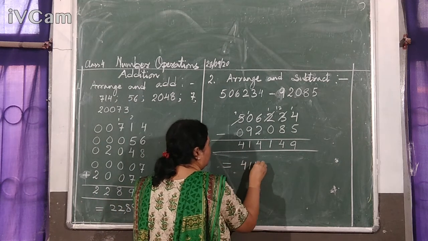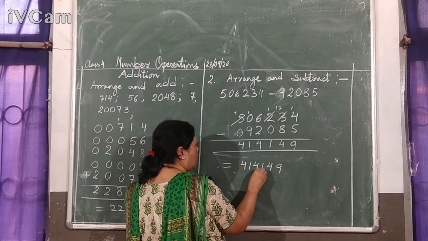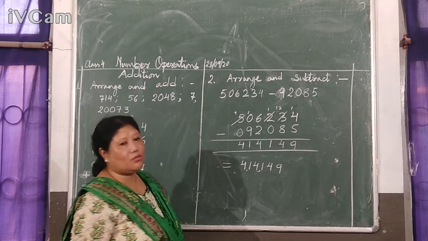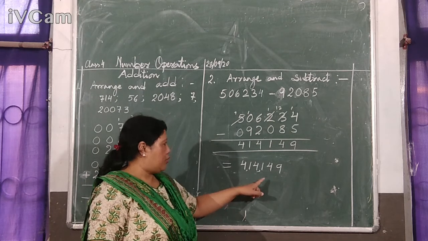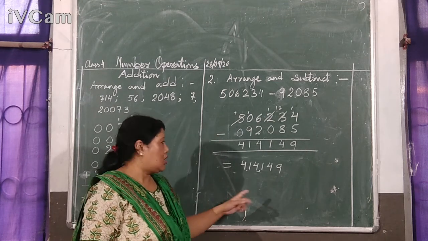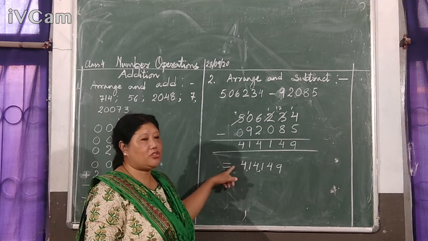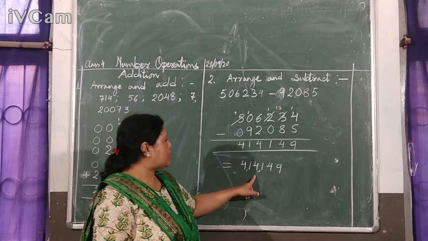4, 1, 4, 1, 4, 9. Then 1 tens, 100, comma, 1000, 10,000, comma, 4 lakh, 14,149. You practice this also, putting commas, because you have done it already in the first chapter on numbers. Then try to read it. Like this falls under lakh. So 4 lakh,